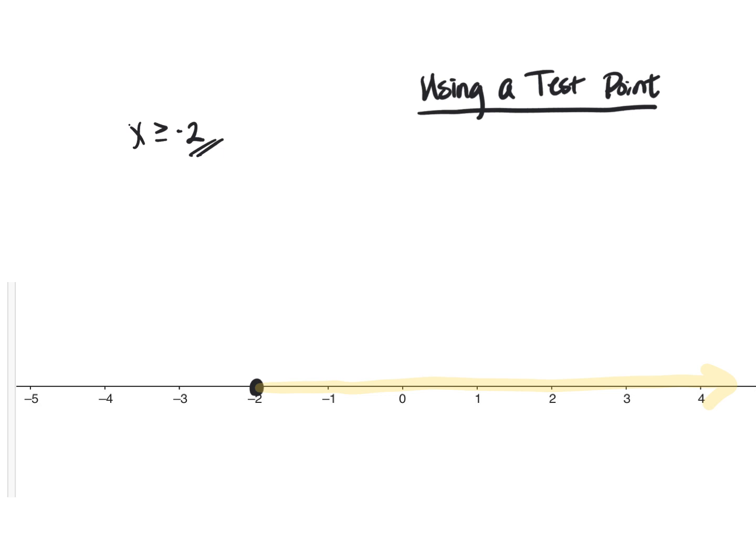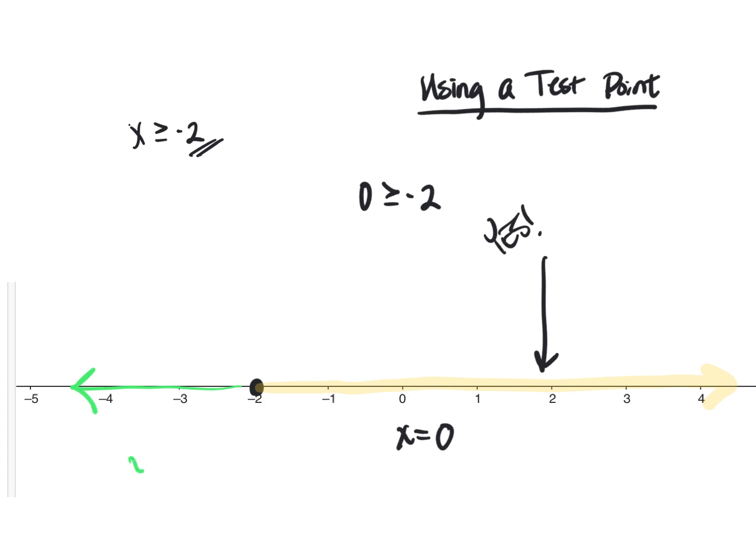So for example, if I use the right-hand side here, I'm going to choose x equals 0 because that's a pretty easy one to use. If I plug in 0 for x, I get 0 is greater than or equal to -2. And that is true. So I will use this side in the solution. On the other side,